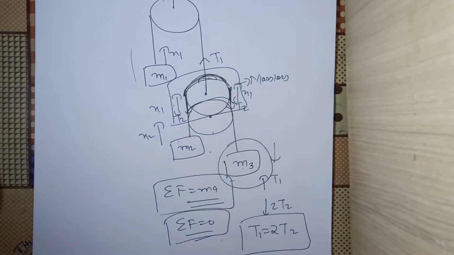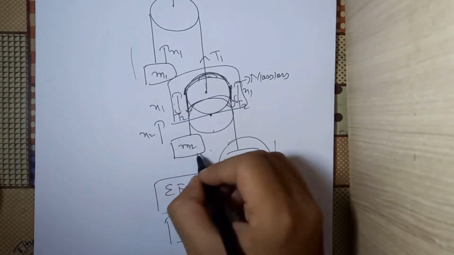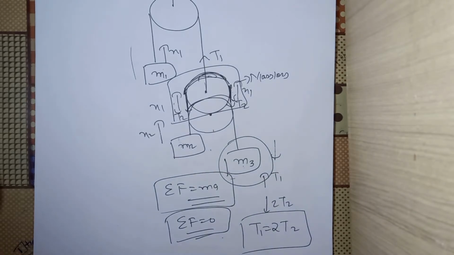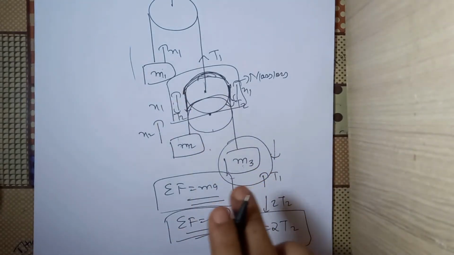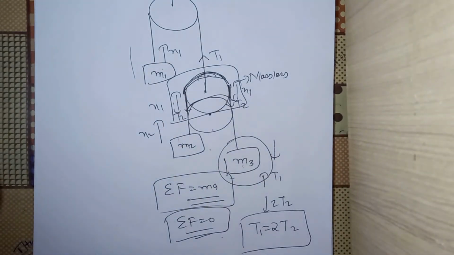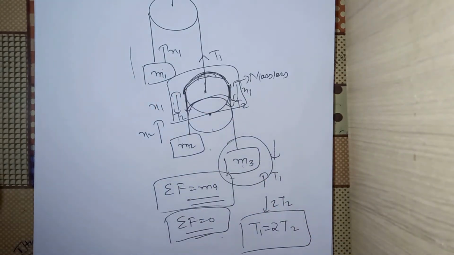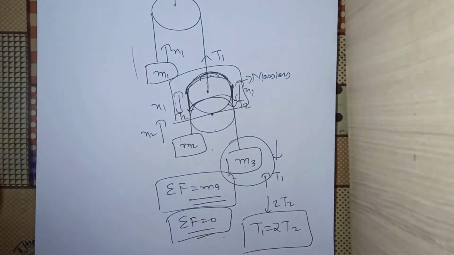Because we were only concerned about the motion of m3, if the rope is wound down, you could have argued: why is m2 not moving, because m2 should also move and m3 should also move. But how we are doing it is we are moving all the bodies, and we are just noting the effects of all these bodies on one system. So we are noting the effects of m1, m2, or let's say n bodies that we have, on m3 only. So we'll assume that after they have moved, they are not moving further, only m3 is allowed to move now.